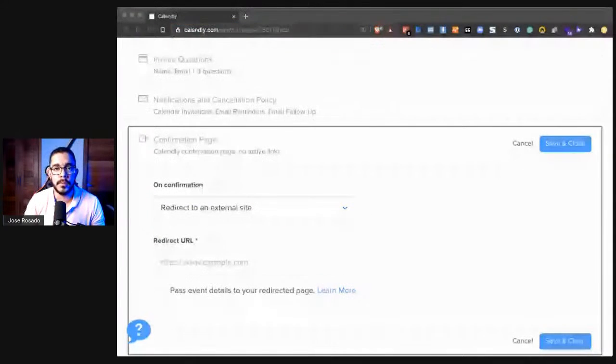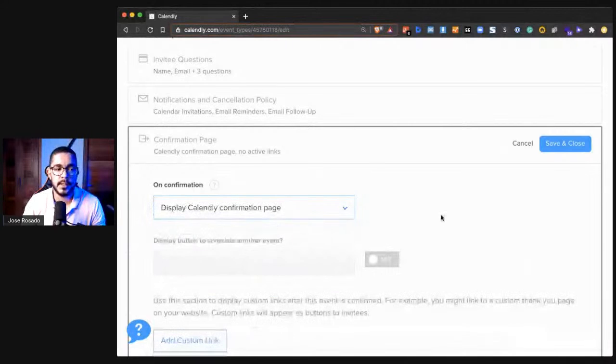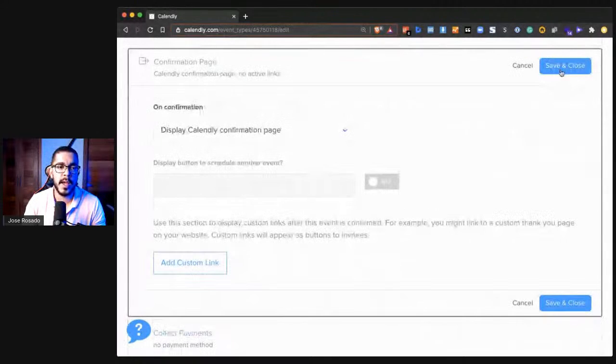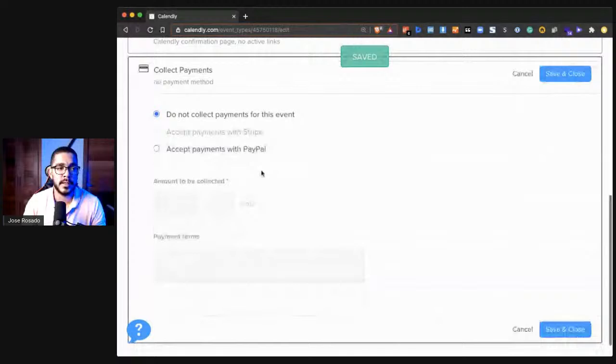You can. And if you want to look more professional, try to do it, okay? But if not, you just leave this on display Calendly confirmation page, and they'll just send them to the default Calendly confirmation page, so you don't have to do a lot of things. You save and close, and if you ever want to charge for some of your calls, you can connect this